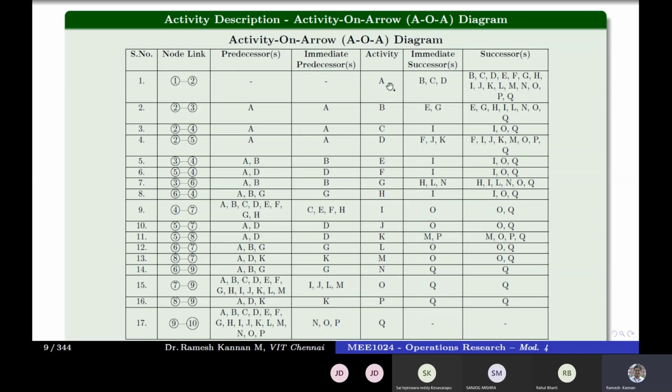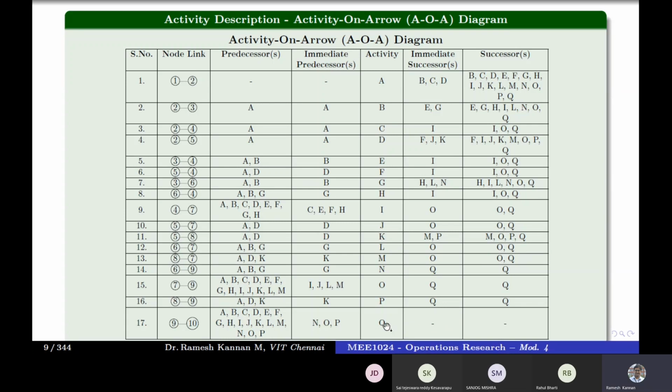This is activity A, activity B, activity C, activity D, activity E, F, G, H, I, J, K, L, M, N, O, P, Q. So there are 17 activities, with their predecessors, immediate predecessors, successors and immediate successors. If you take the last activity, it doesn't have any successor, because there is no activity following it. Only then will we call it the last or final activity.